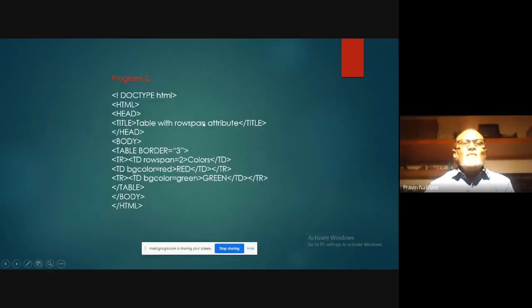Here also we have given the DOCTYPE HTML tag, /HTML. Inside the body section, here we have used the rowspan attribute. The value of this is 2, and in the first row, that means this information is displayed in the table by merging two rows, and the other information, that is the names of the colors red and green, is displayed in another row without spanning.